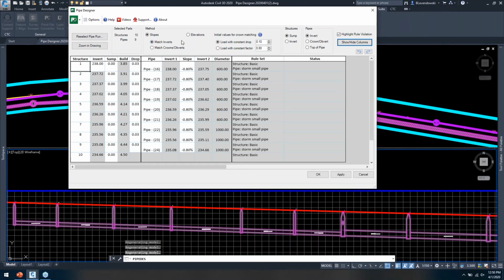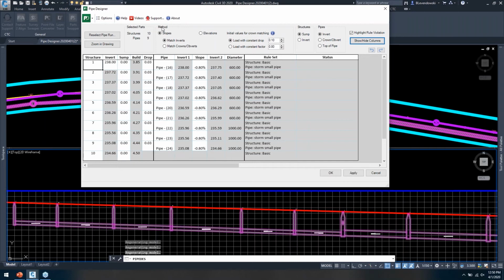You'll notice some other settings up here. We've got design methods, one for slopes, one for elevations. The main difference here is what are you editing? If my method is slopes, I'm designing by slopes, meaning I can edit slopes. Watch if I click onto the elevations radio button, these columns will switch over here. Now the slope is calculated and I can edit the invert of that